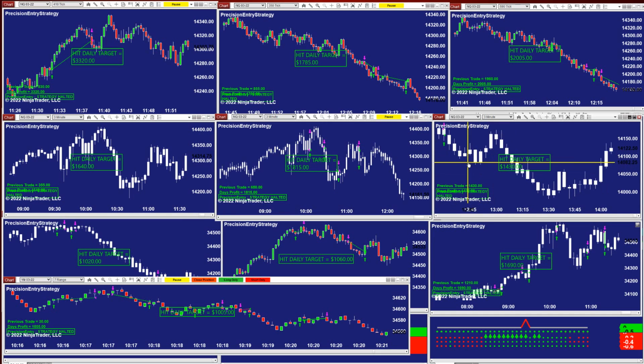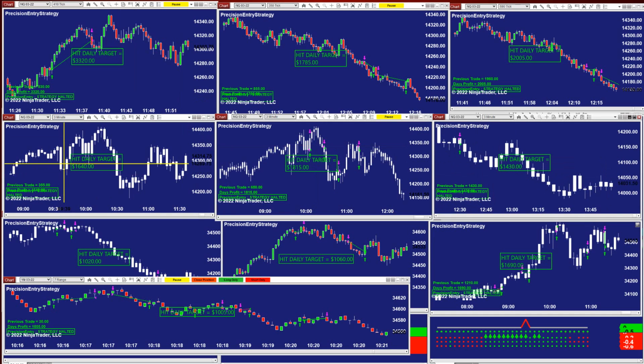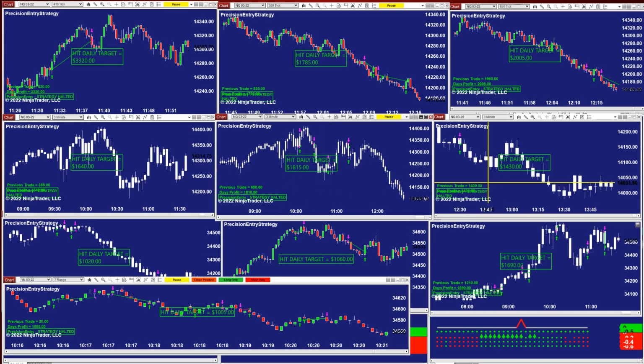And on the NASDAQ 3 minutes, the same auto trade. This one is 1640, this one is 1815, and this one 1400. It's the same. On the precision auto trade there is only one entry. It's a very good entry. It does not require any filter. It's very friendly to use, and you can see